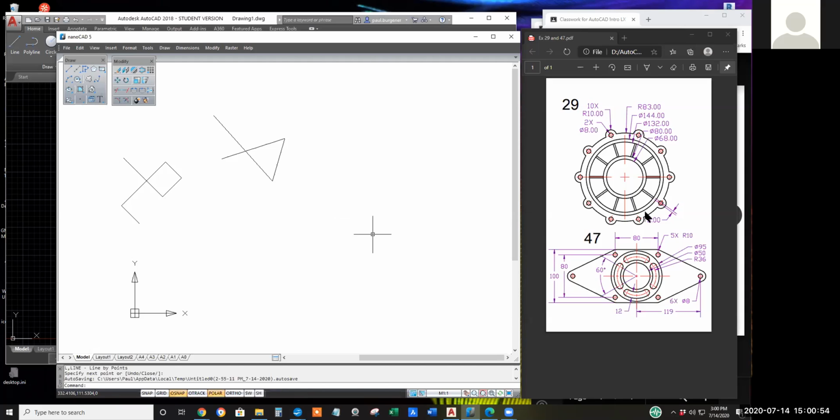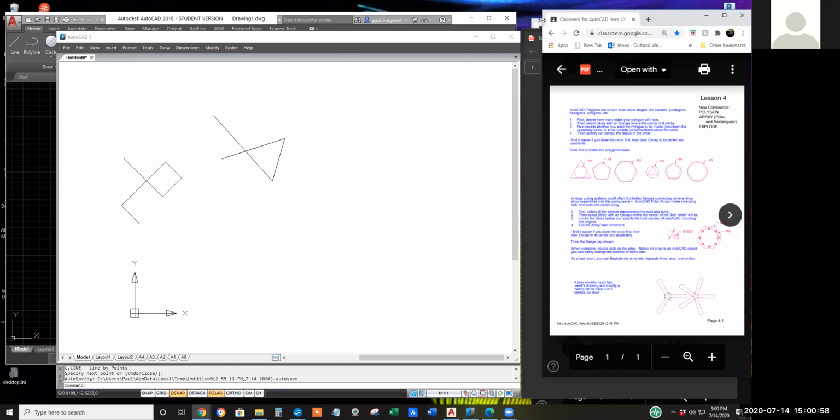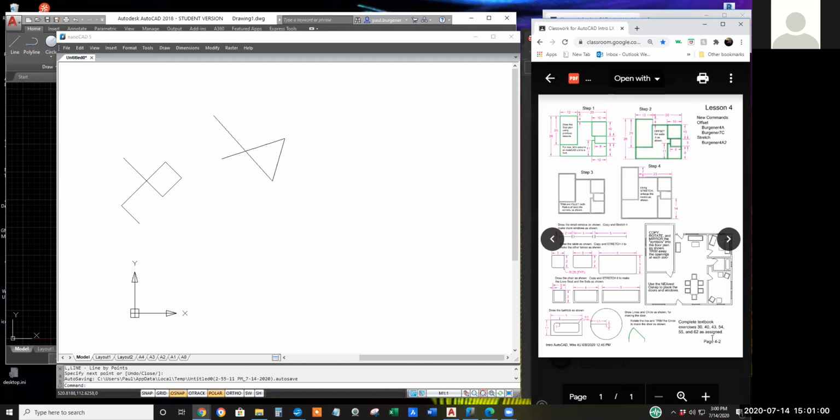But anyway, there were 4 potential assignments. And at the end of today's class, in past quarters, I came up with these 6 exercises that you're smart enough to do right now.